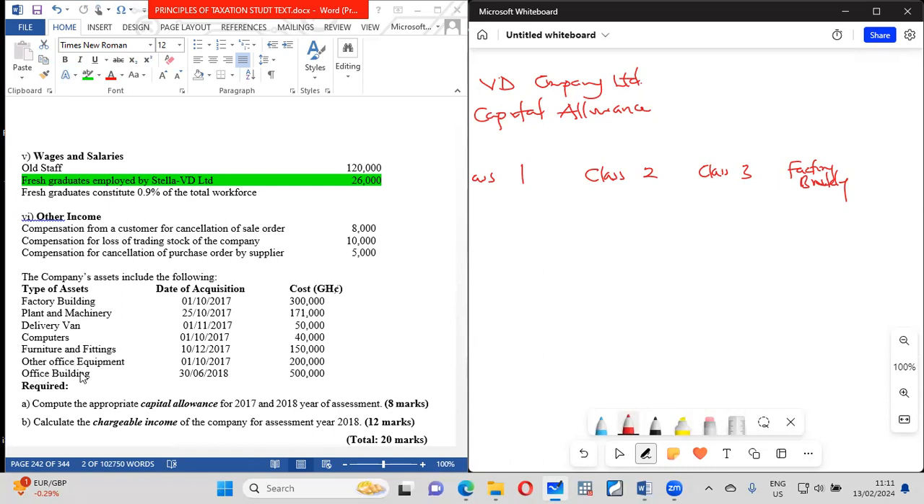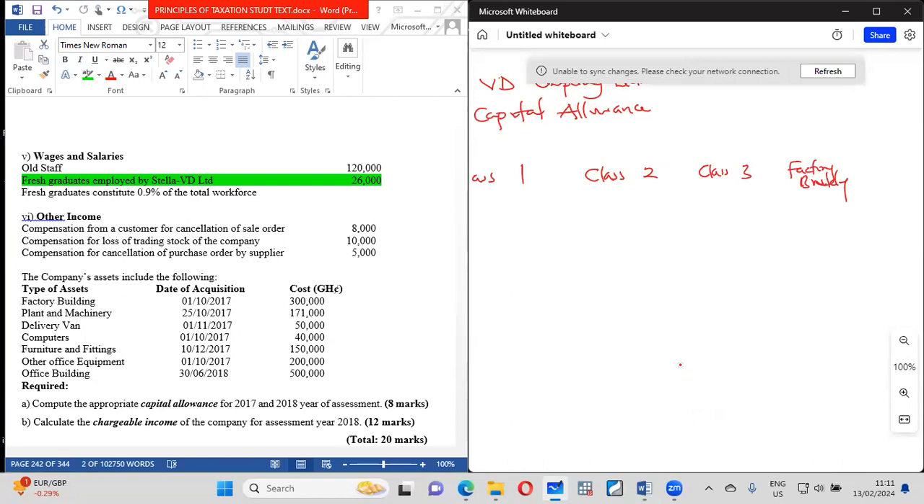Then office building again. This is factory building, this is office building. And that one too is in 2018. So it means that the class 4 assets are 2. So we have